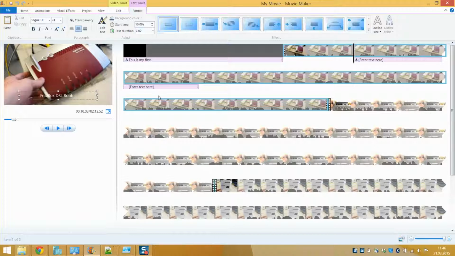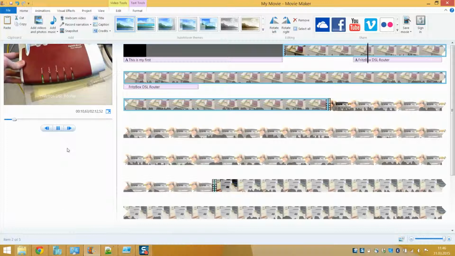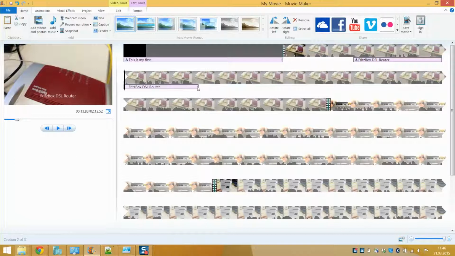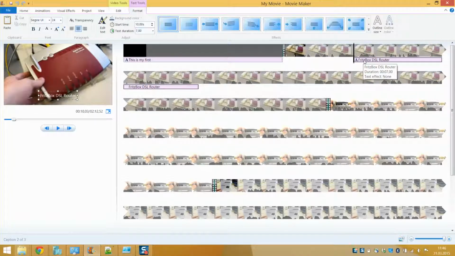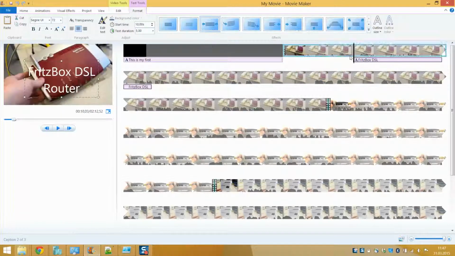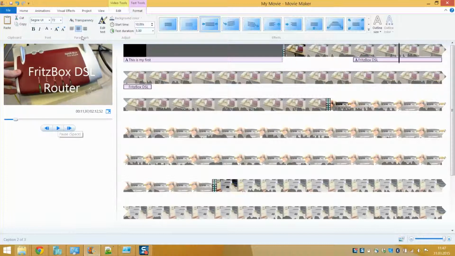DSL router, and then you see here a caption. You can double click the caption here and set, for example, the time duration, how long you want this to appear on the screen. For example, you can set a start time, you can select another font size here if you want to, select some stretch effects, for example, if you want this. You can